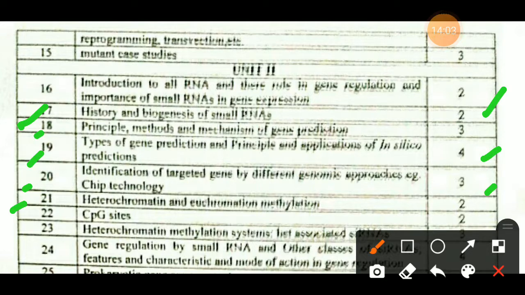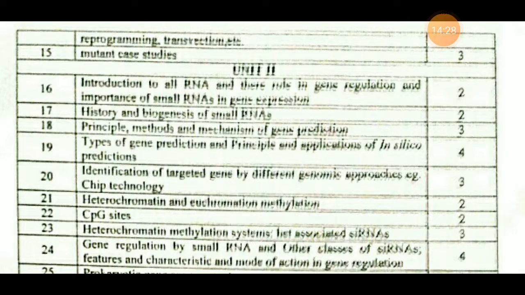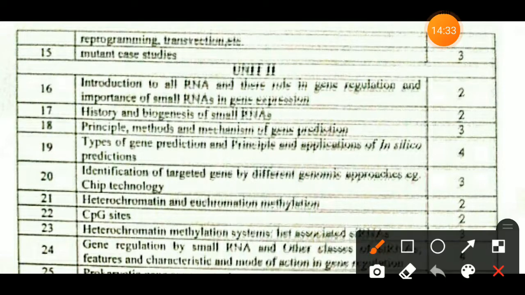heterochromatin का और euchromatin का methylation कैसे होता है ये स्टडी करेंगे हम लोग 21 नंबर के चैप्टर में या टॉपिक में. Then lecture 22 is about the CpG sites. CpG sites stands for cytosine guanine sites, which are important for the process of methylation in DNA. Then next one is the 23rd topic, and this is about heterochromatin methylation and associated with the